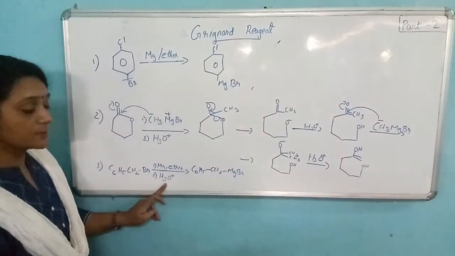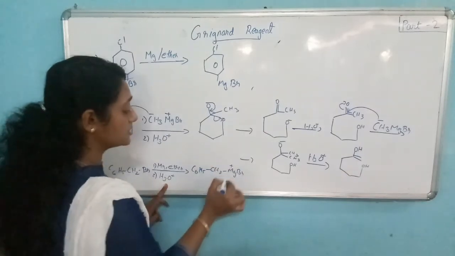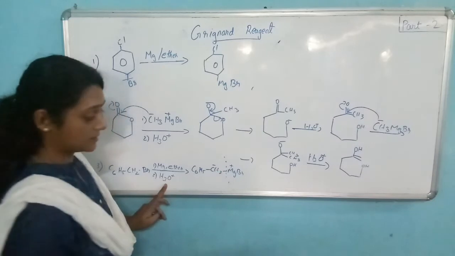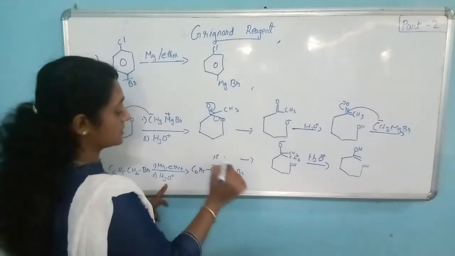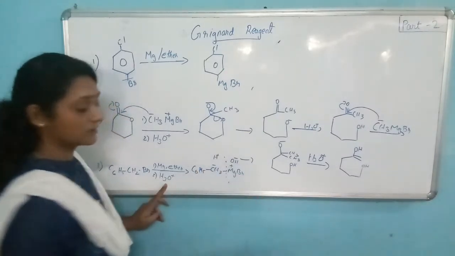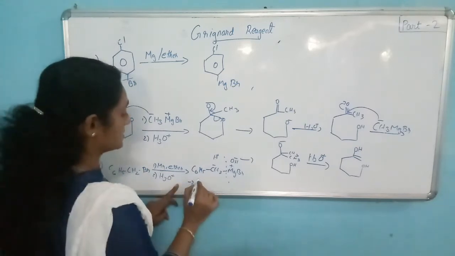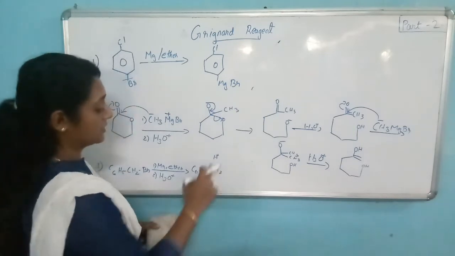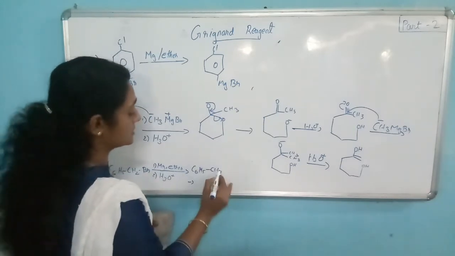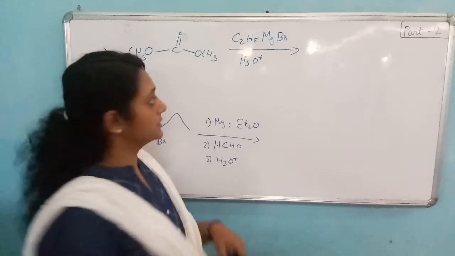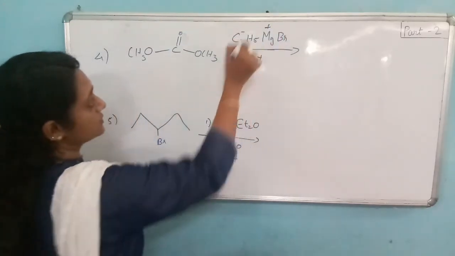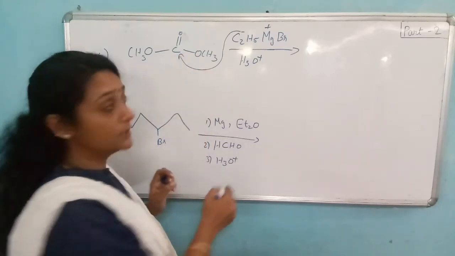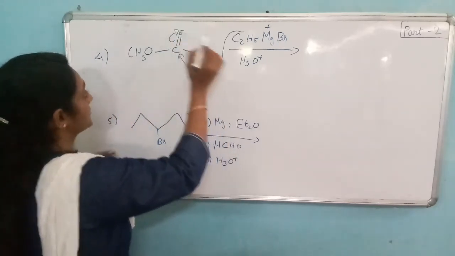Then simple hydrolysis. Hydrolysis of Mg plus CH2 minus takes place here. H plus comes here and OH minus comes here, and the product will be CH3. Okay, here Mg plus C2H5 minus: the C2H5 comes and attacks the carbon, the bond shifts to oxygen, and we get